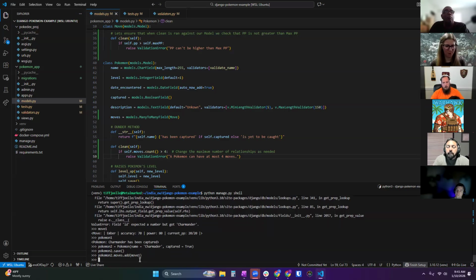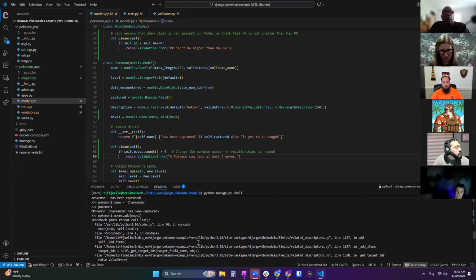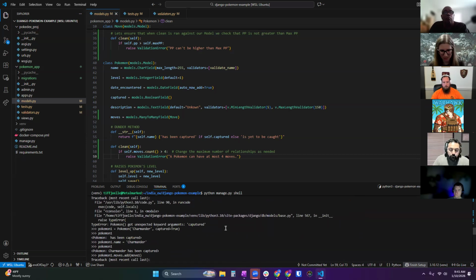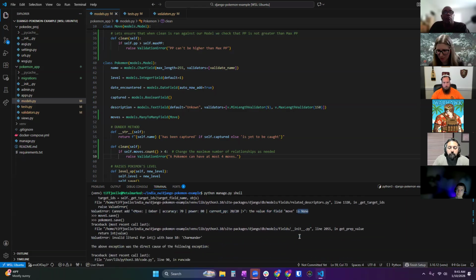And we can see it didn't complain, because both of these are saved to the database and they're good to go. The earlier error, cannot add, was because it wasn't saved to the database. That's why it said none.